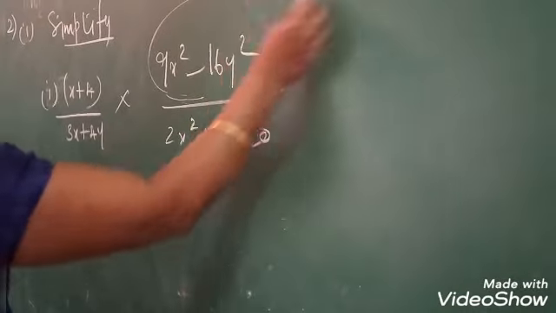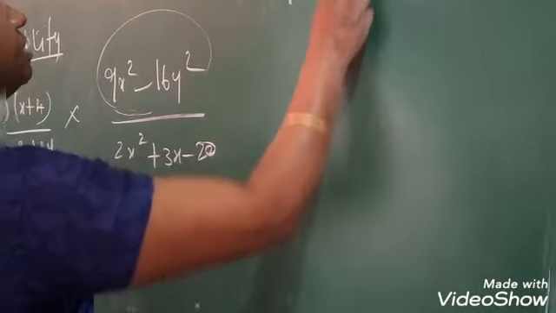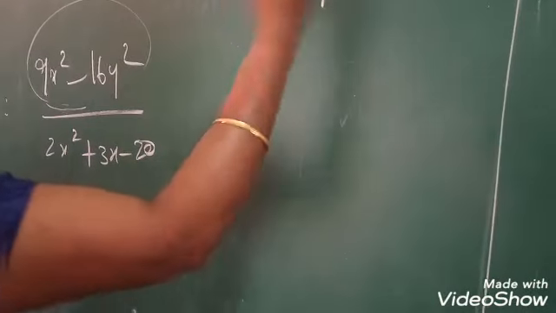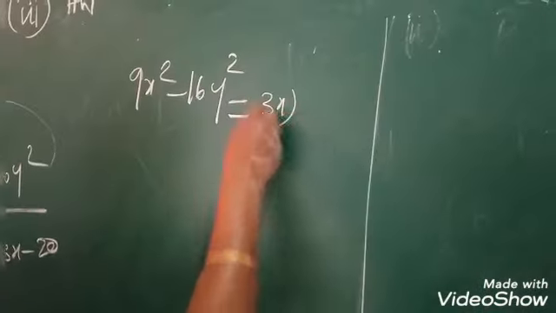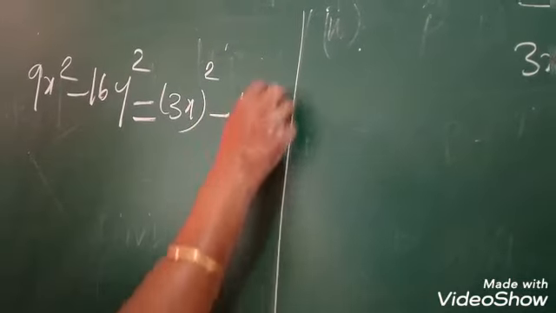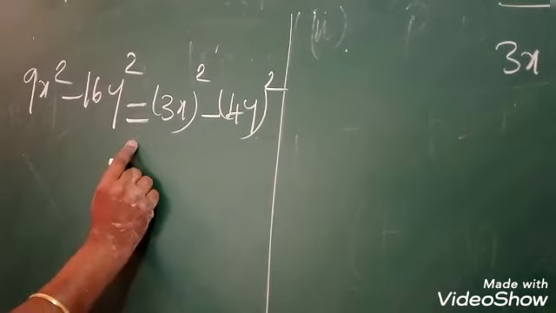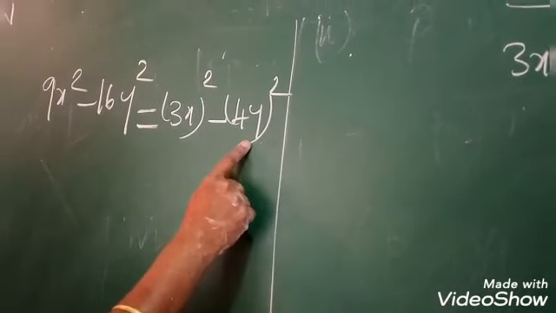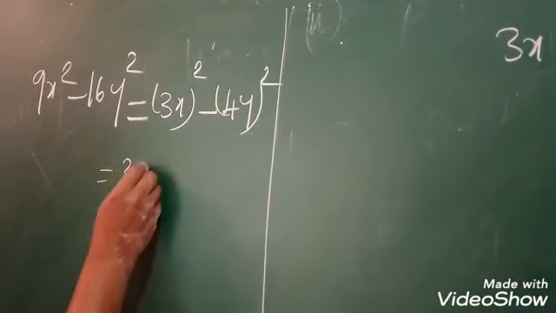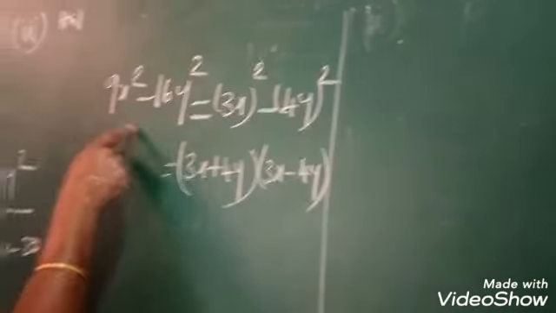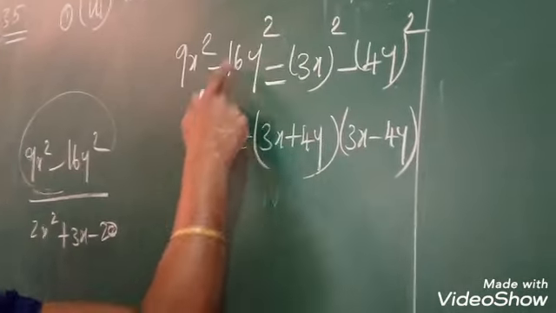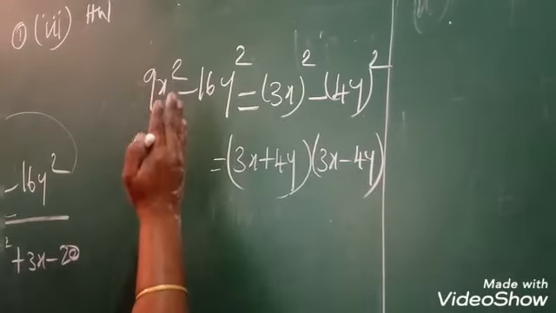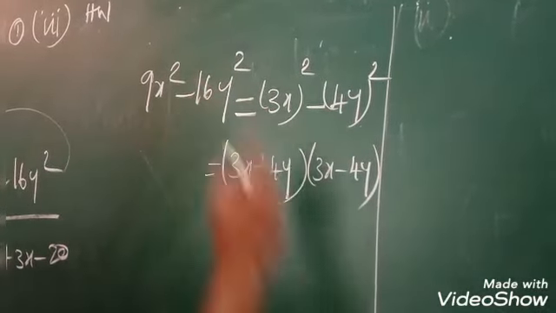Here the numerator, I am going to split 9x squared minus 16y squared and convert it using the identity. What is the identity, girls? Yes, (3x) the whole squared minus (4y) the whole squared. That is the identity a squared minus b squared. A is considered as 3x, here b is considered as 4y. Okay, 3x plus 4y, a plus b into a minus b. Okay girls, have you all understood? 9x squared minus 16y squared, a square form you have to convert as a squared minus b squared form.